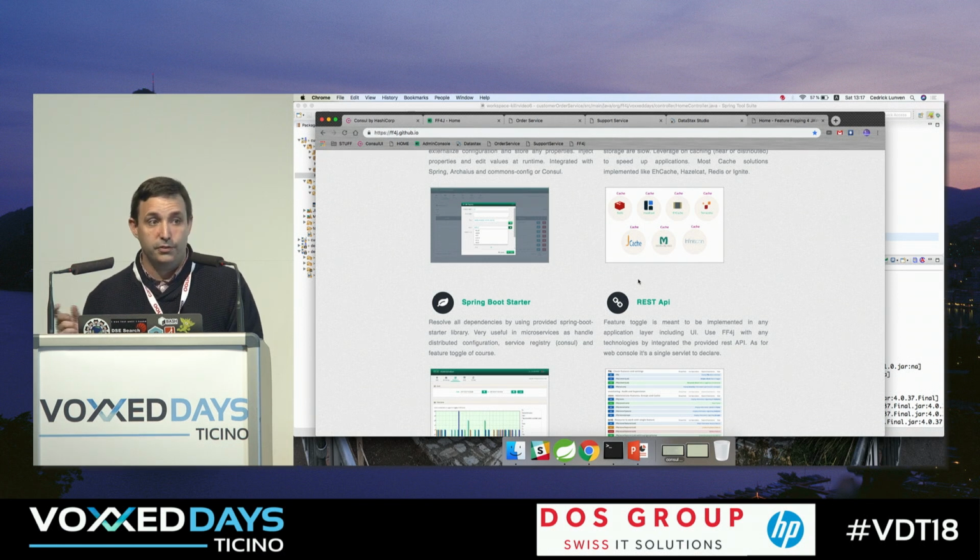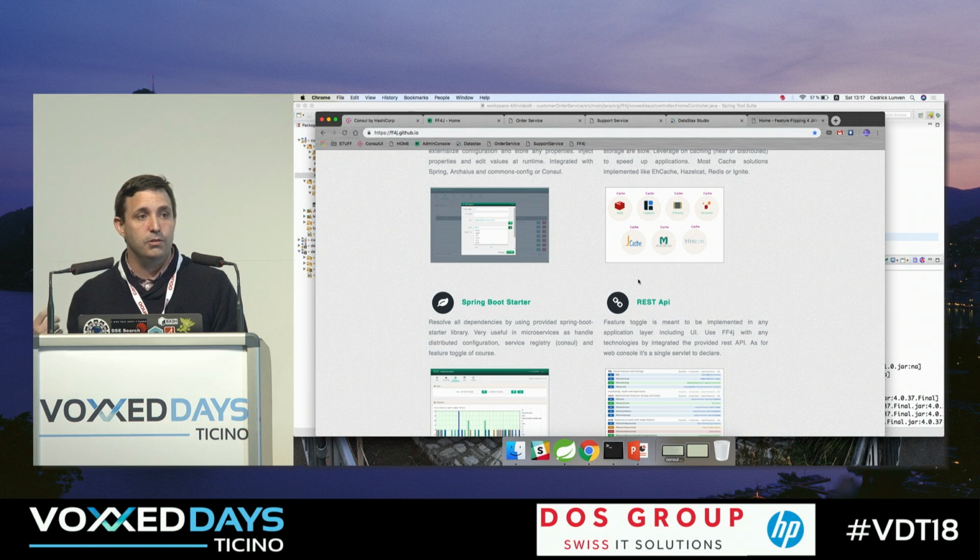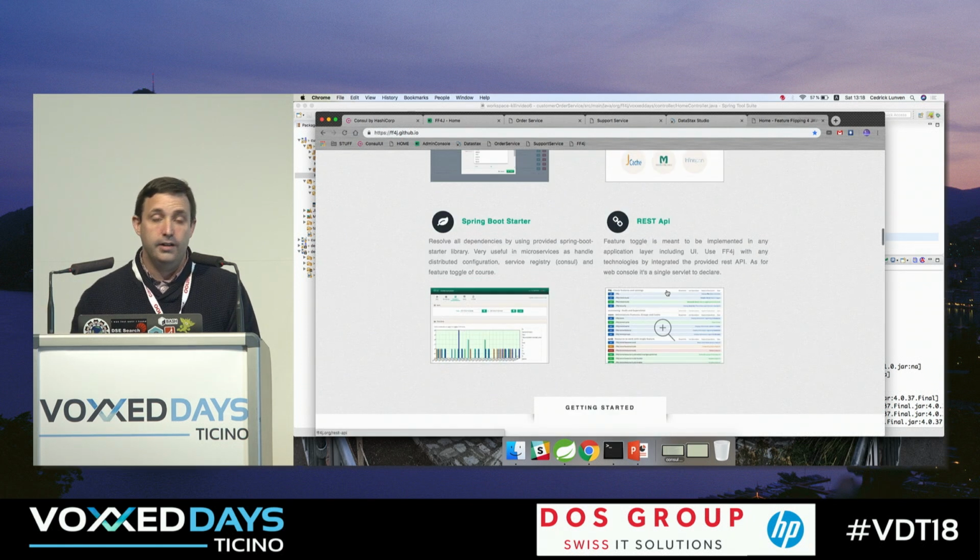It may introduce an overhead if your database is too slow, so you can use the caching mechanism provided. And the REST API, because as I said, features can be in the UI and most UIs now are coded in JavaScript. So if you want to check, you need to use that REST API in your JavaScript framework.